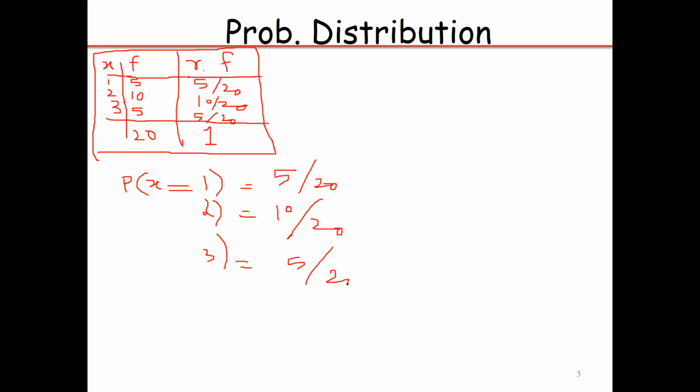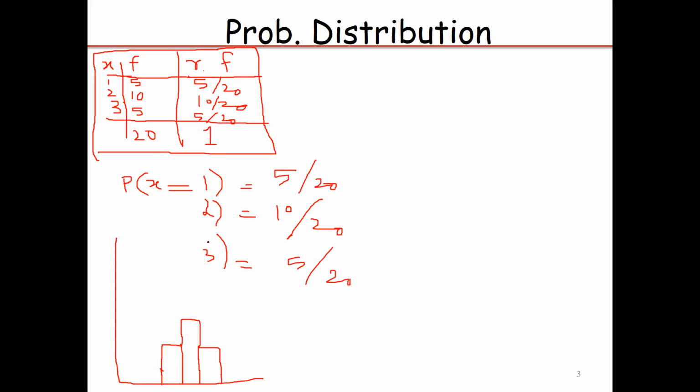And by the values of these probabilities and by the values of these frequencies, you can determine the shape of the distribution. We have a height 5, then we have a height of 10, then again we have a height of 5. So it's looking like a bell-shaped distribution. If someone is asking about the shape of this probability distribution, you can see that the shape of this distribution is more or less symmetrical. We cannot say that it is exactly normal, but we can use the term symmetrical distribution for it.